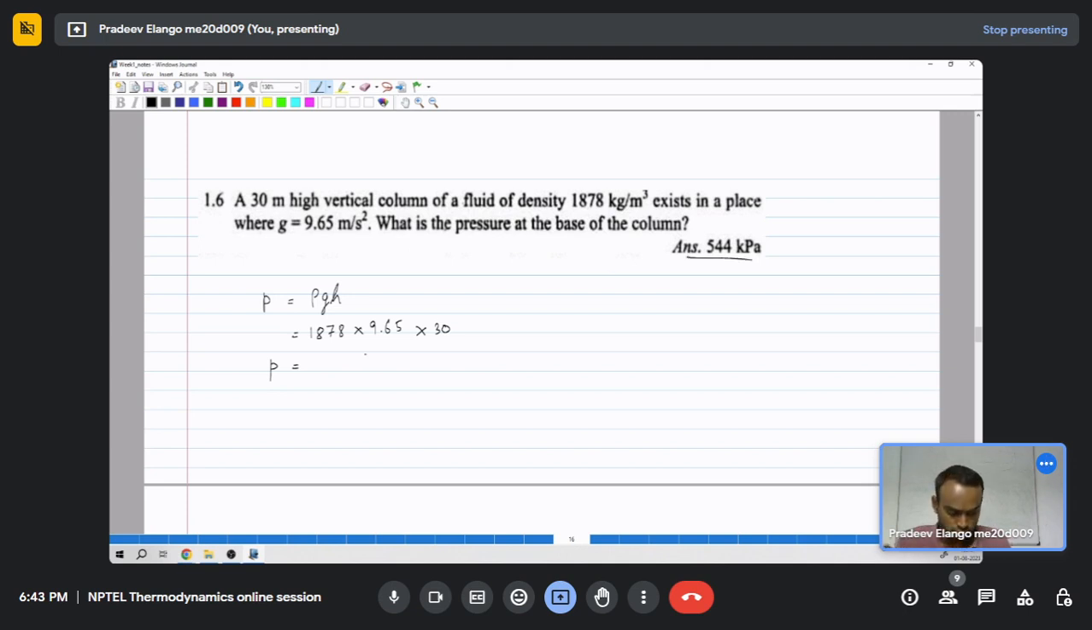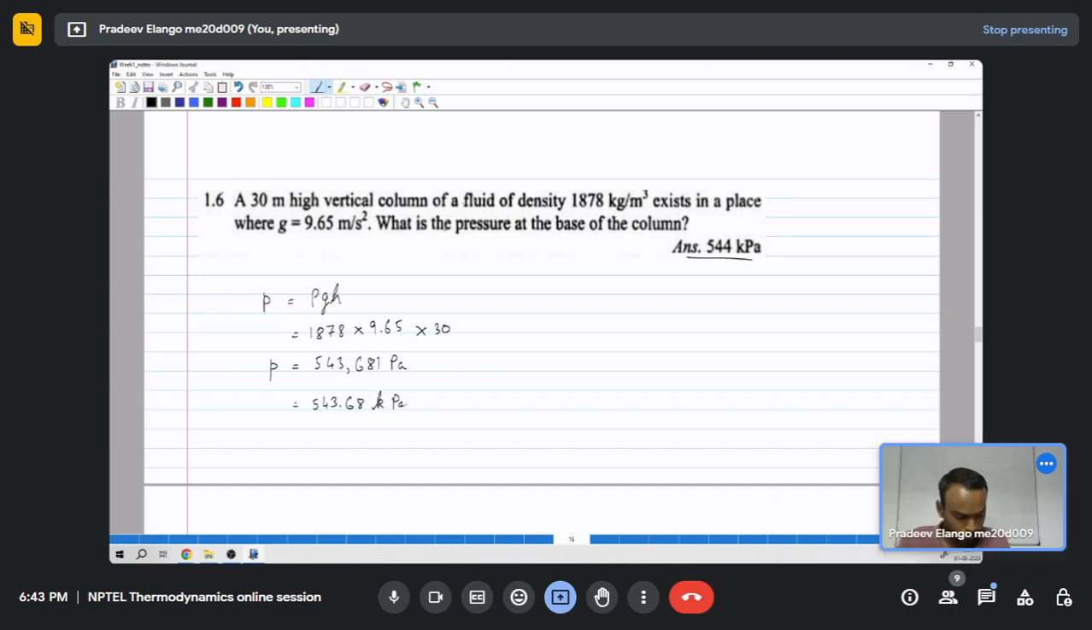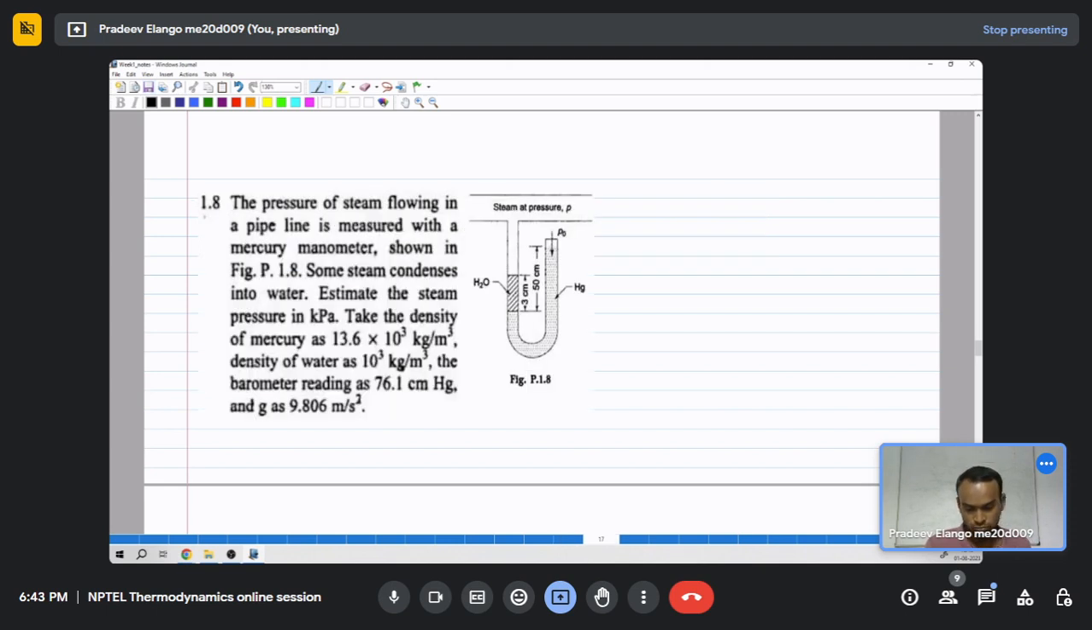So this is 543,681 pascals, which is 543.68 kilopascal. This is clear. The next problem, we have pressure of the steam flowing in a pipeline is measured with a